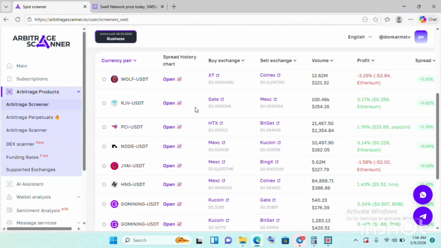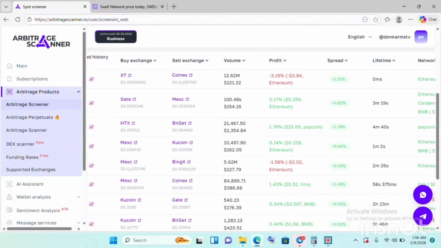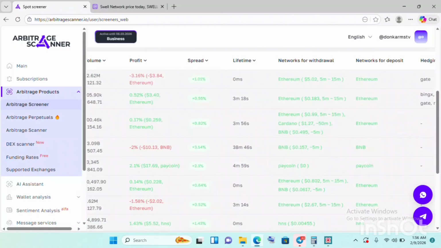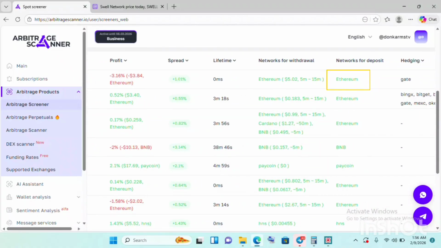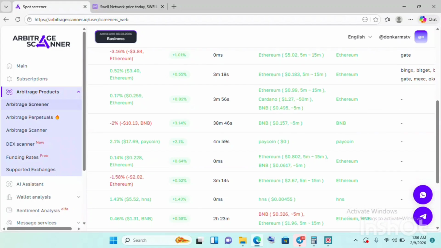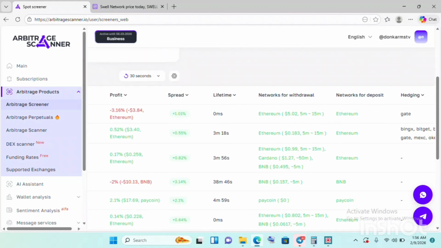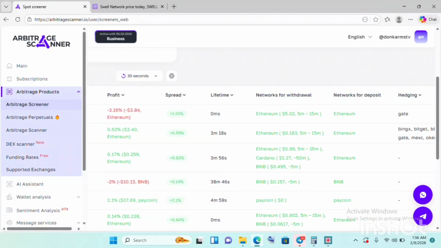Let's take for instance the ROGV USDT token right here. If I actually scroll further, guys, you would see that the network fee for this token is currently $0.99, as you can see right here. And then the network for deposit is actually Ethereum. It actually shows you the network for deposit right here, as you can see: Ethereum, BNB, Paycoin, Ethereum. So these are the networks that you can use for the deposits, and these are the networks for